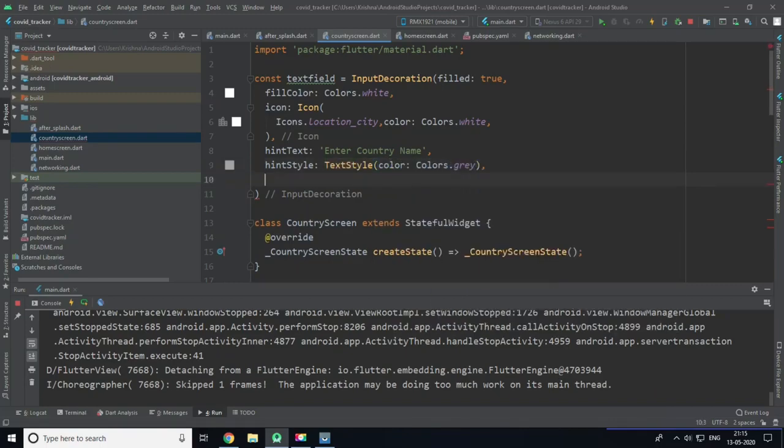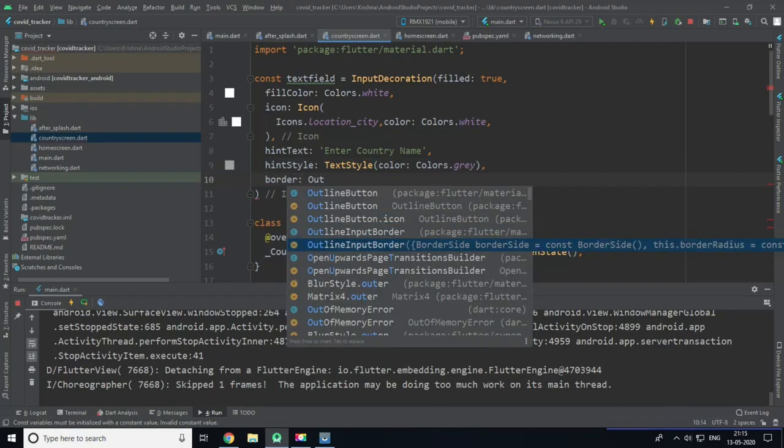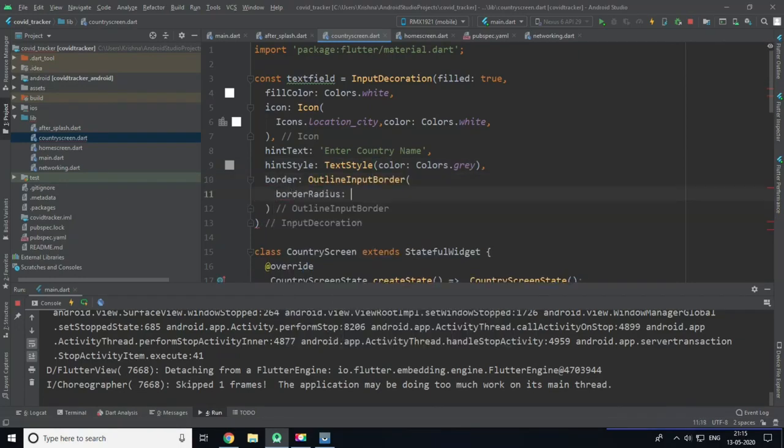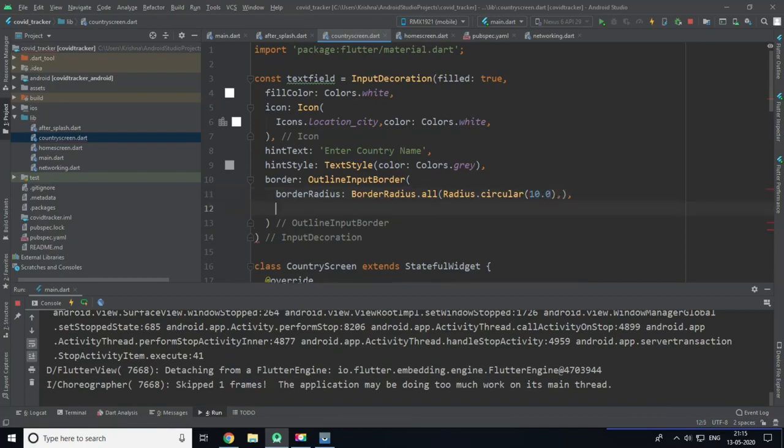Okay, now I will create a border, OutlineInputBorder, which has a borderRadius of BorderRadius.all of Radius.circular which is set to 10. Okay, and we need to set a borderSide which is BorderSide.none.